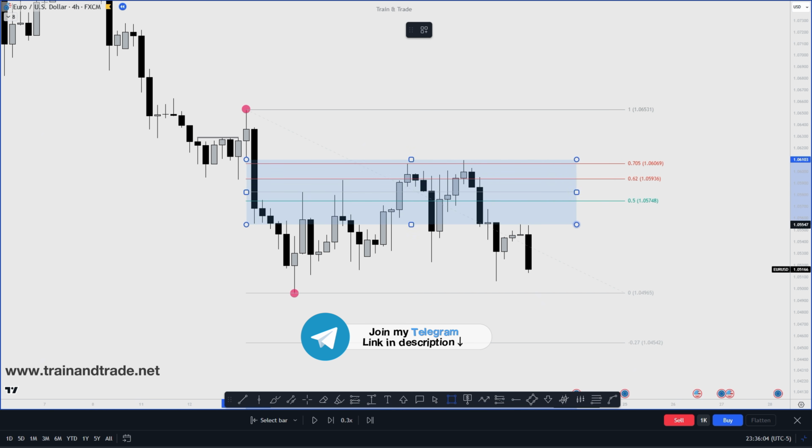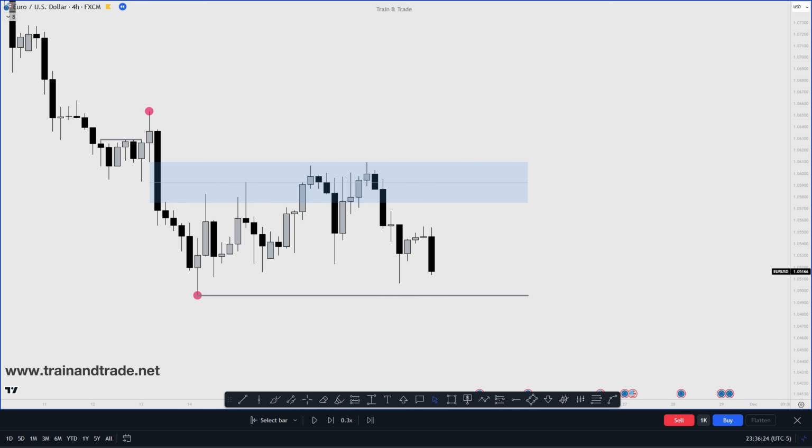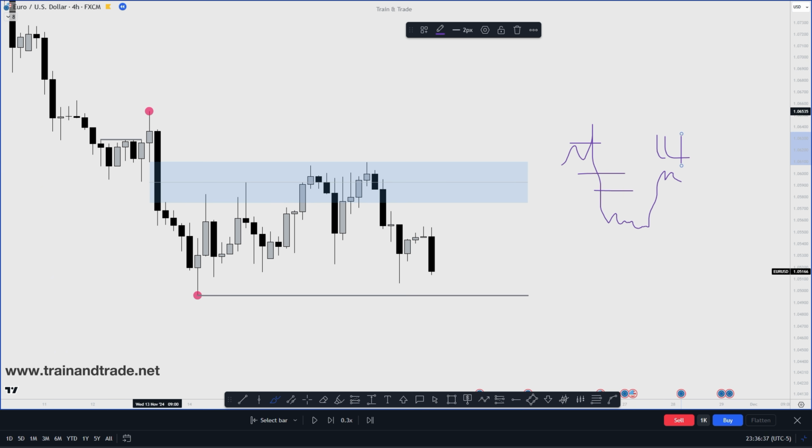So in this example, we have this area that we can label out in here, and I'm going to go ahead and remove this. Now, as price reacts over here, I want us to focus on this fact. When the market forms a potential lower high inside this fair value gap, we understand that the next draw on liquidity, or the next objective, is potentially this low. Because again, guys, when it comes to structure, let's just say this basic structure pattern that you've probably seen at some point: if the market forms a lower high, meaning that this high is lower than the subsequent high of the range, we're going to see that the market ultimately makes a new low.